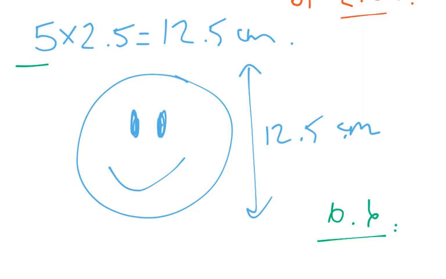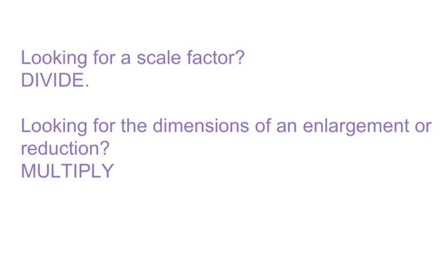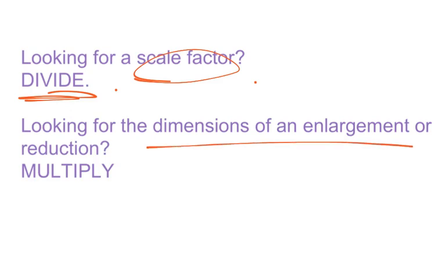So just to wrap up this video, I want you to understand the difference between these two questions. If you're comparing two images and you're looking for the scale factor that was used, then you're going to divide the scaled distance divided by the original. Now if you're looking for the dimensions of an enlargement or a reduction, that's when you multiply the original distance of the object